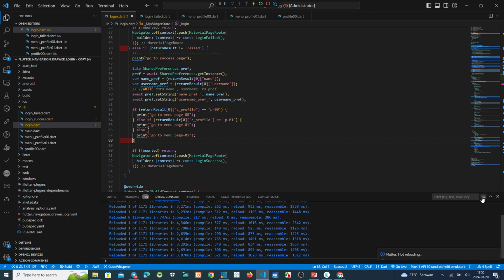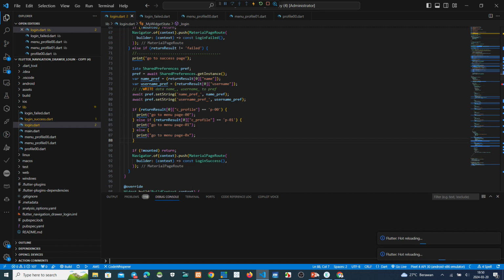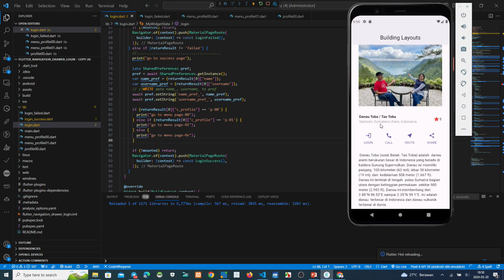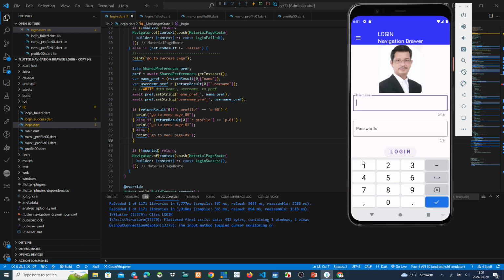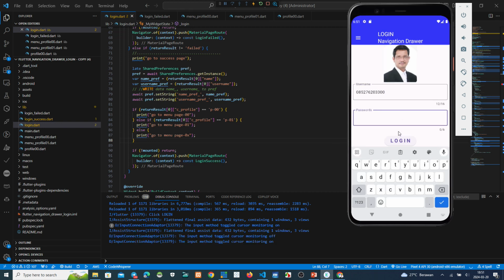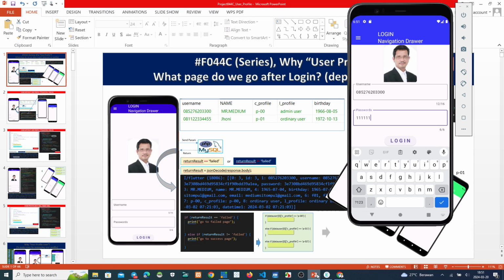See on this debug console. Now we try go to login, for example. Please see this one.